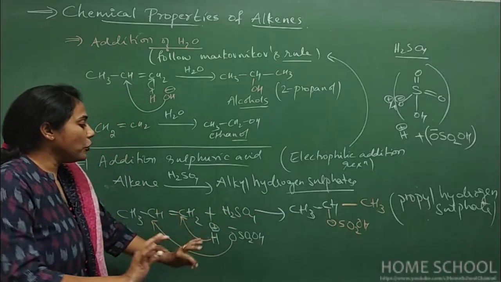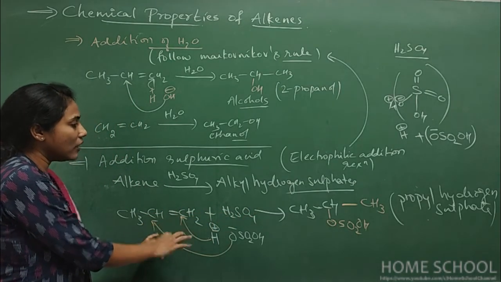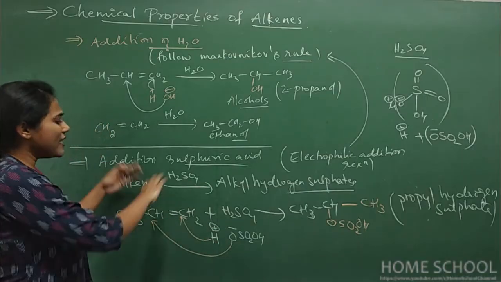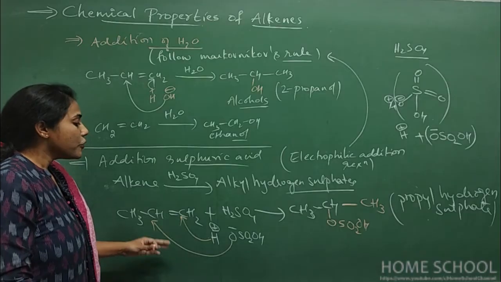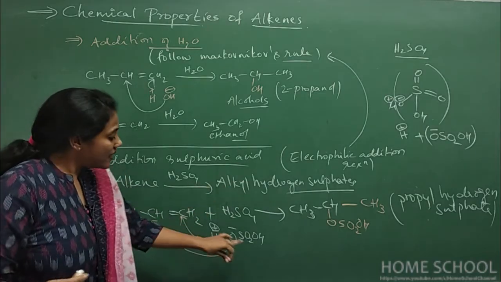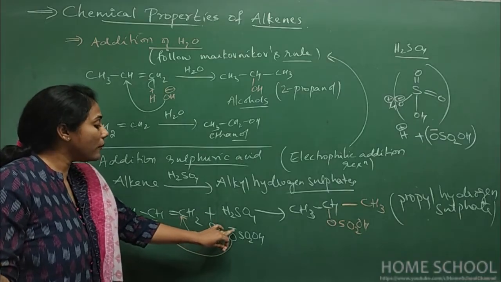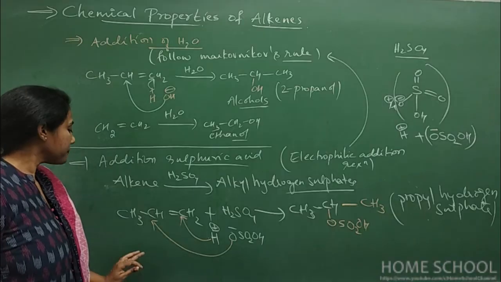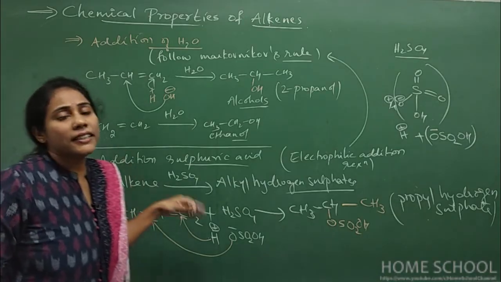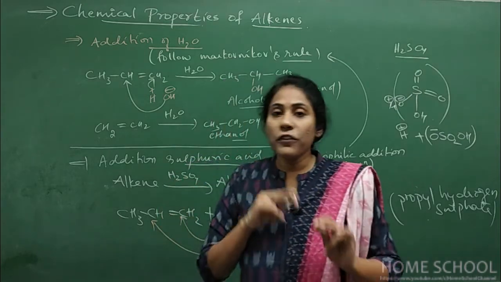So I just told you how you can add for any alkene. If it is unsymmetrical one, follow Markovnikov's rule. If it is a symmetrical one, you can add positive and negative to any carbon. Okay, so the way you add sulfuric acid is very important. Your positive part is H plus, negative part is O minus, SO2 OH. So that is the negative part. Okay, so this is all about the different electrophilic addition reactions that you can do for alkenes.